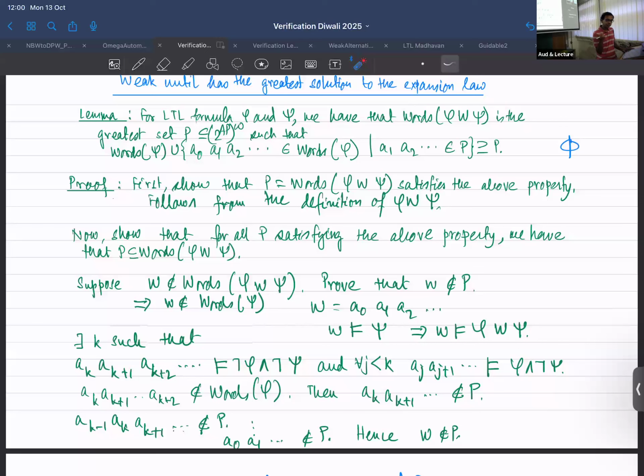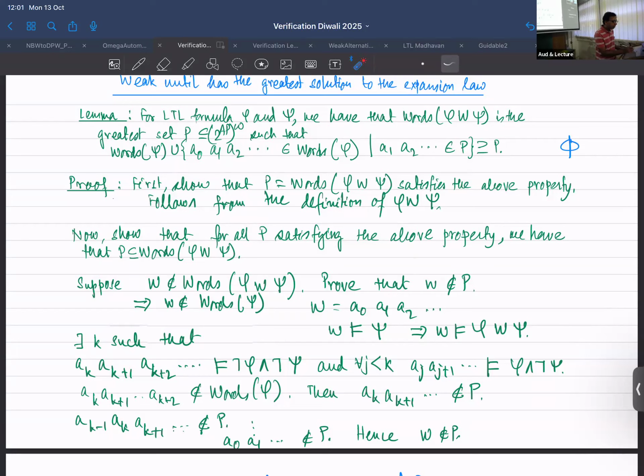If you consider the empty set, no word is in it. If I replace P with the empty set, the empty set satisfies this property because